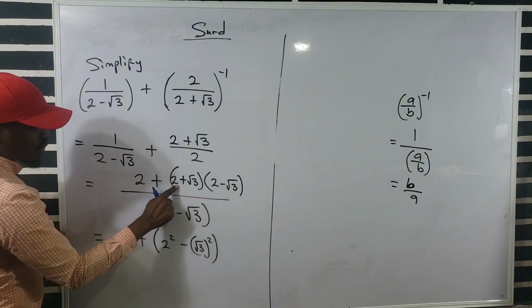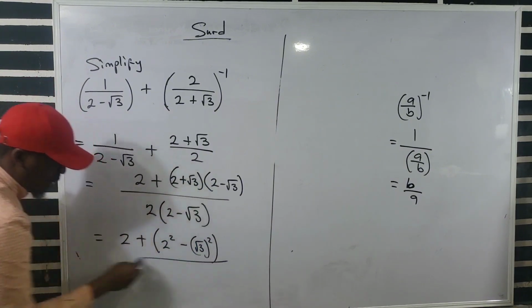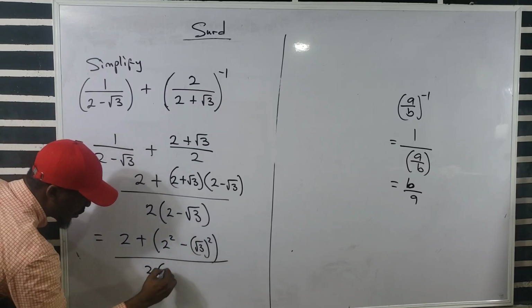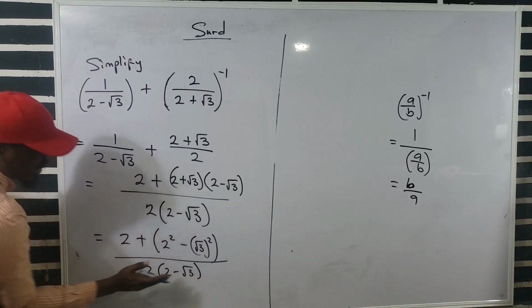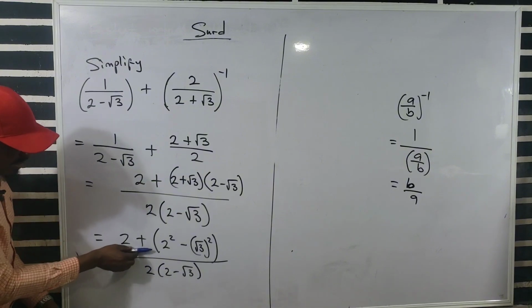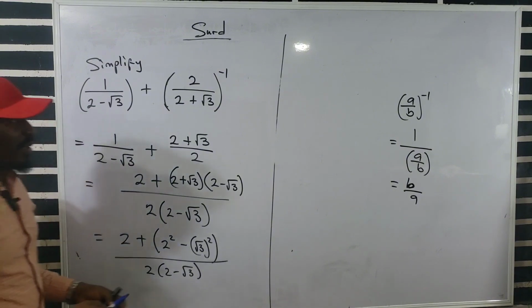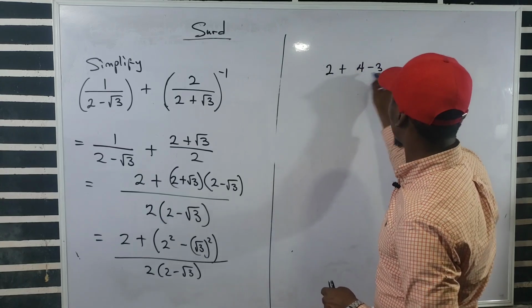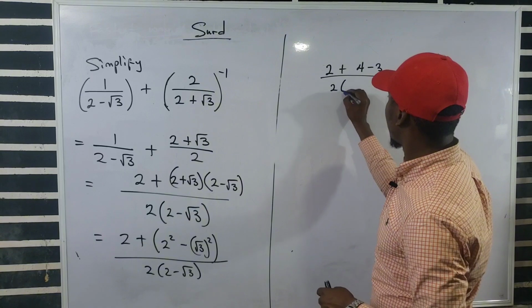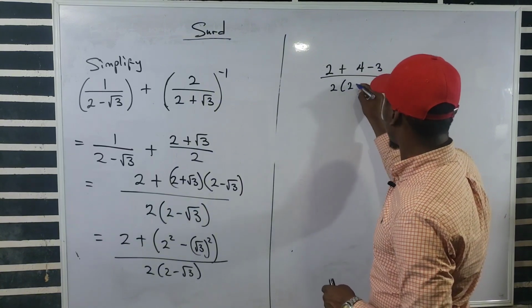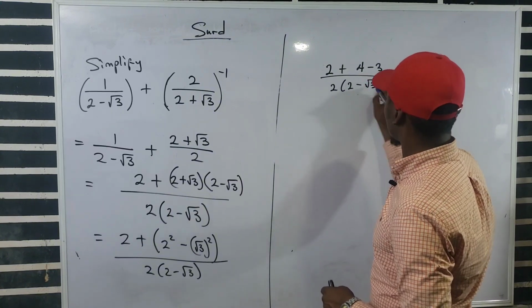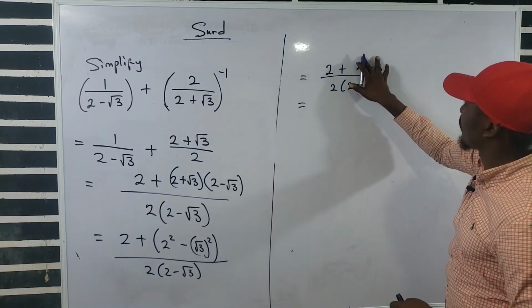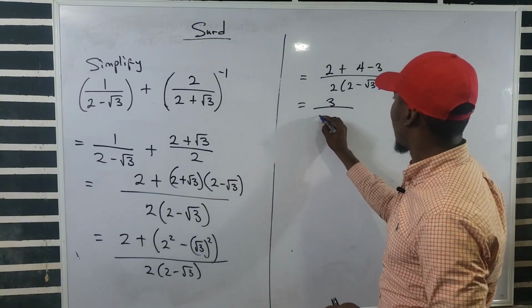Okay, so that's what we have here. Is difference of two squares. So 2 square and √3 square, all over this one will give you 2 into 2 minus √3. So we still leave it like that because I can see that we might still have something that we can subtract here. We are going to have 2 plus 4 minus 3 all over 2 into 2 minus √3. Okay, so that will give us this, everything here will give us 1 plus this will give us √3, over 2